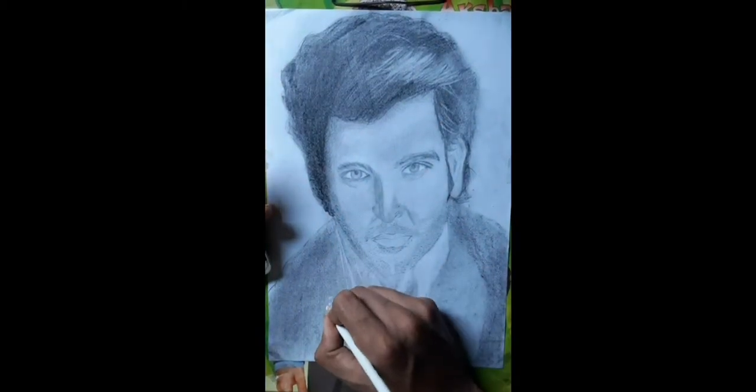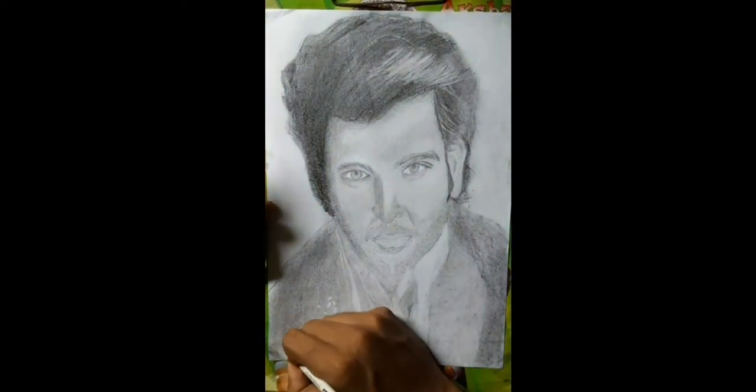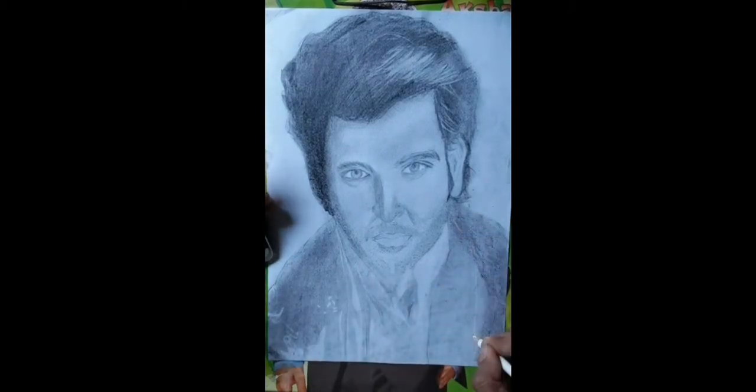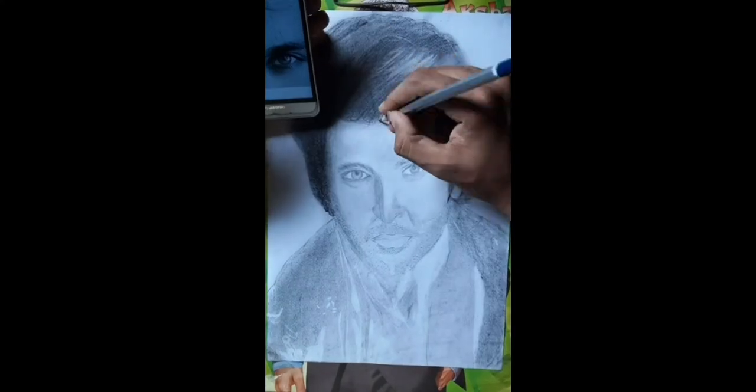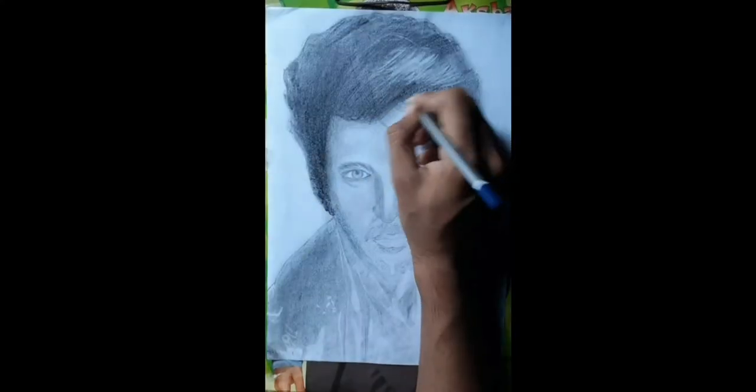Now I am using a Kohinoor pencil, that is an erasable pencil, so it can be used to draw the lighter part.